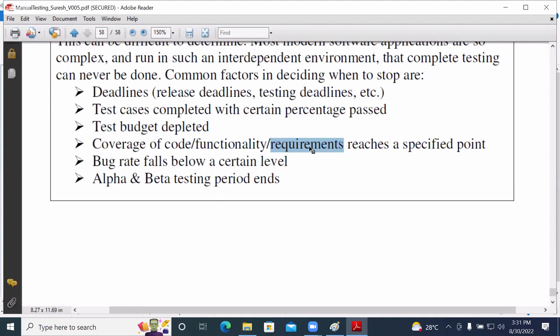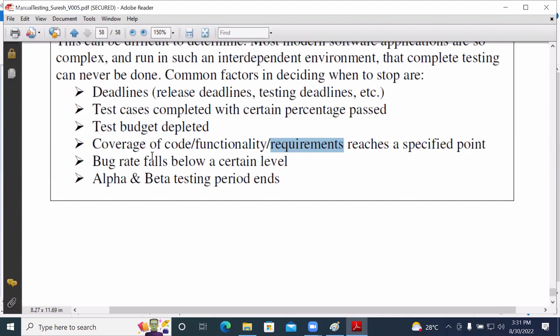So this one mentions coverage of the code or the functionality. Development activity and testing activity, both have been done as part of the requirement. All the requirements developed, all the requirements tested, then we can think about stopping the testing.